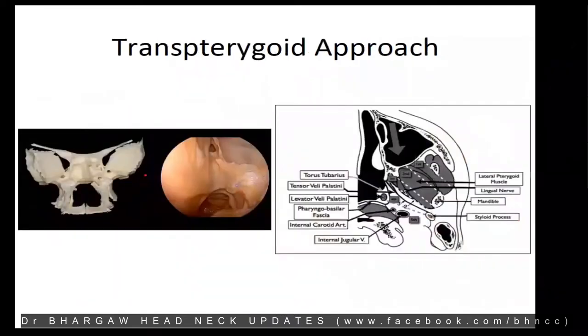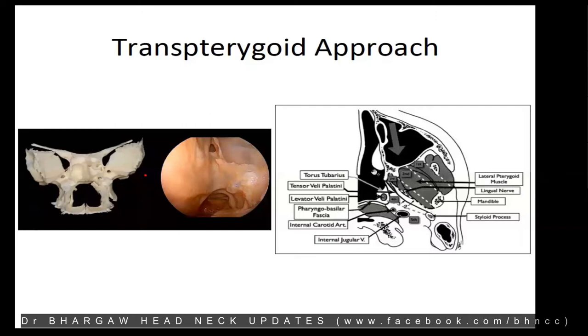I'll not be dealing with the transpterygoid approach, but just to have a word about it. So this is essentially needed for any nasopharyngeal lesion or any lesion that is there in the infratemporal fossa and pterygopalatine fossa, that can be accessed. You can see the various areas that you can access: the infratemporal fossa here, and the pterygopalatine fossa, and the nasopharyngeal area. So any pathology here can be accessed. So that's about it. I will not dwell on this more, because we are mostly dealing with